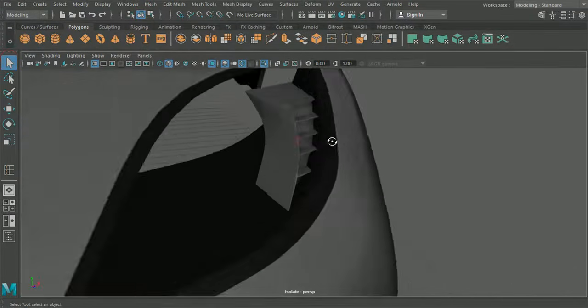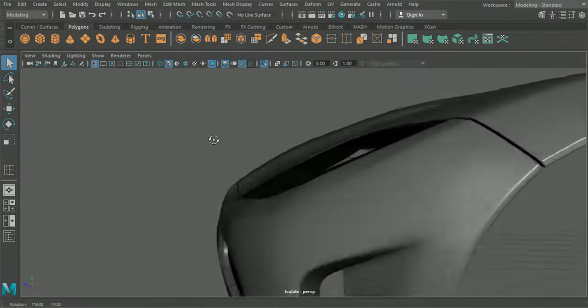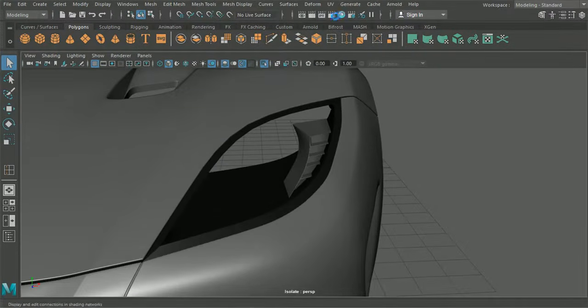Okay, that's looking a little bit better there. So that's looking okay, so let's get our material applied to this.